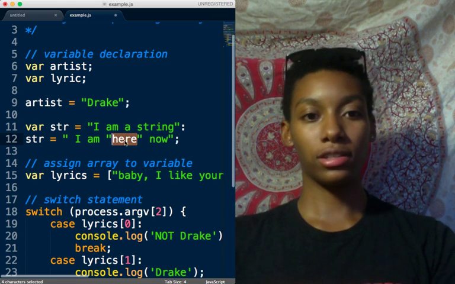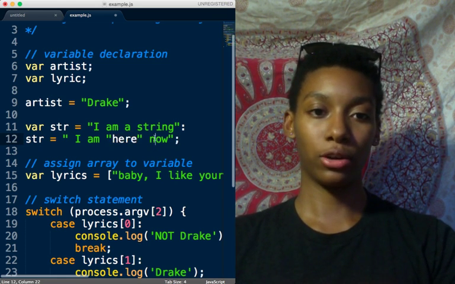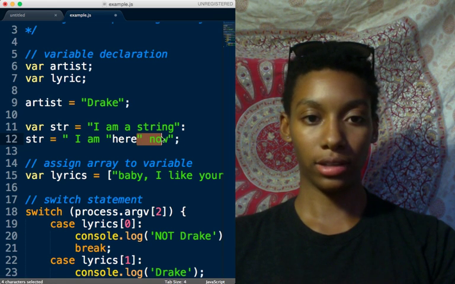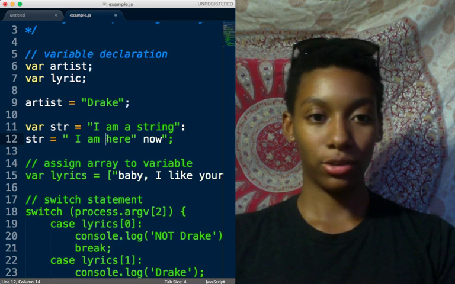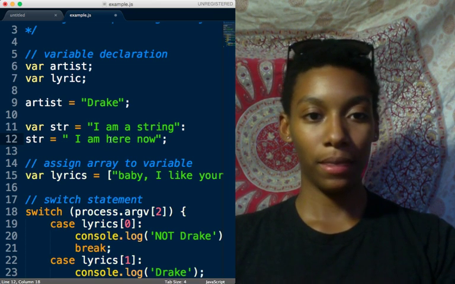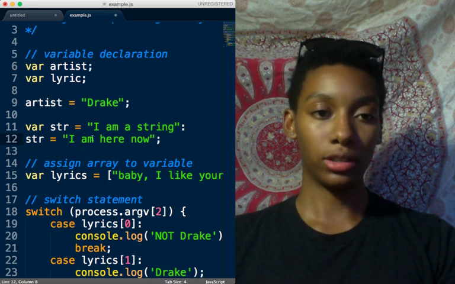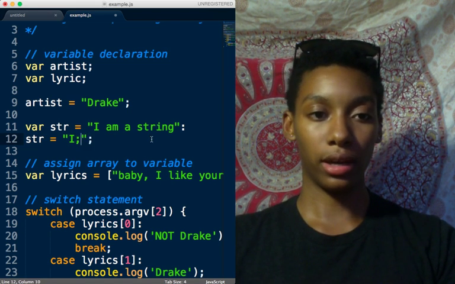So you see this isn't green because I've enclosed this string with these two quotations on this side and with one on that side. So don't do that. You'll get bugs. We don't want that. But let's say that you wanted to put a contraction in. You can easily do that with a single quote. So you can say, I'm